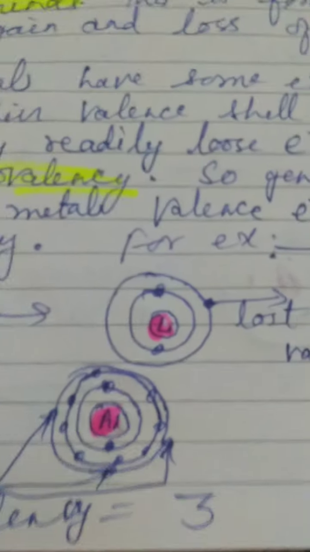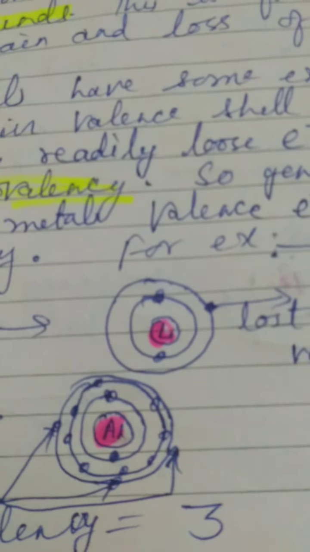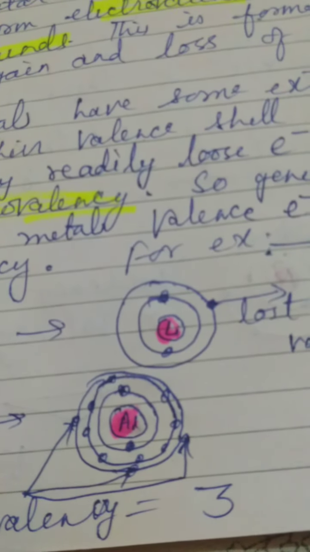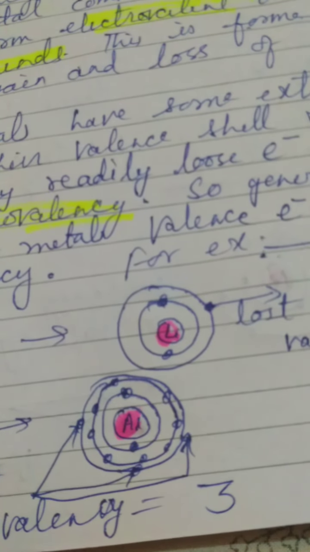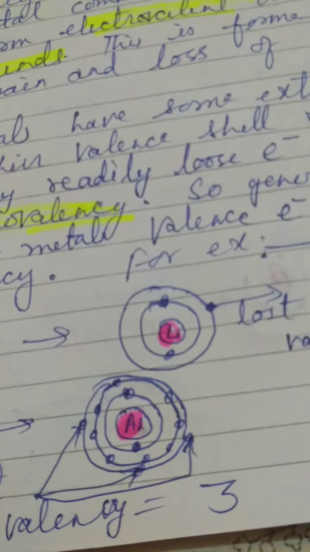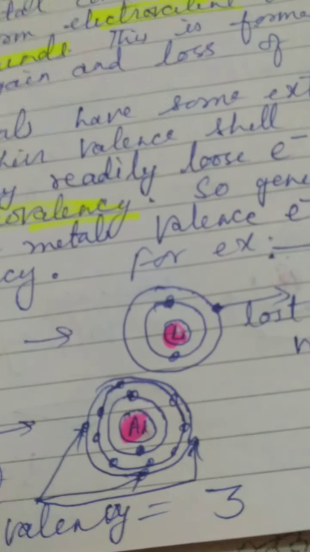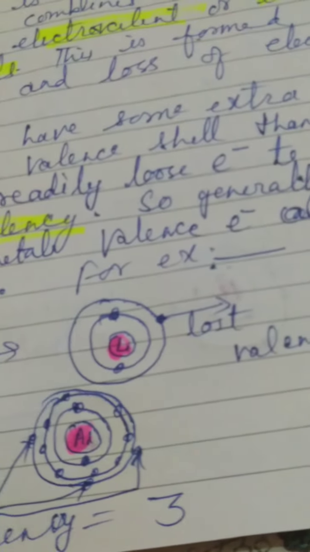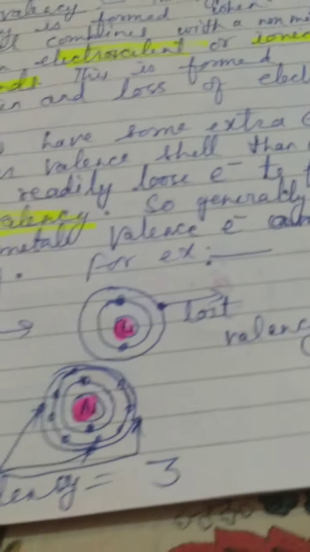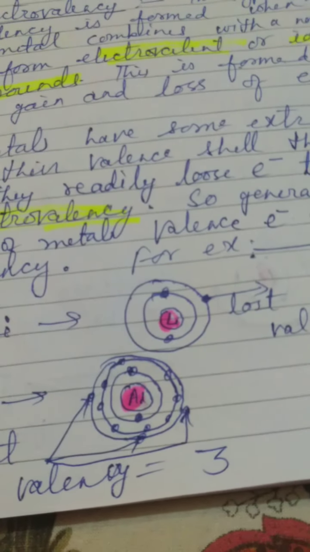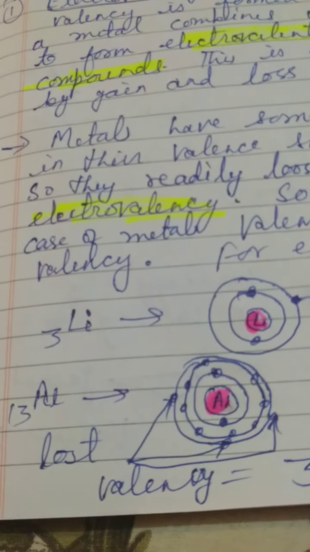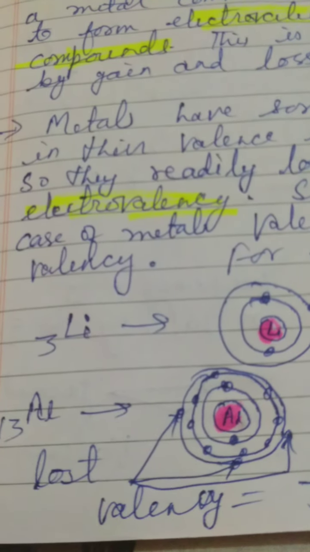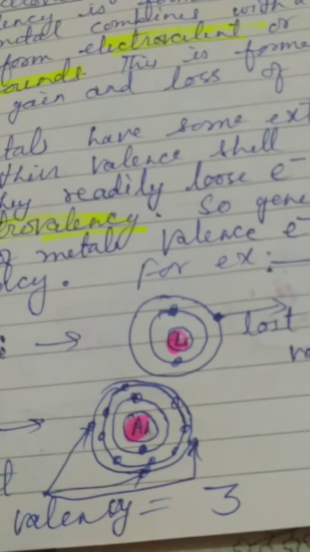Metals readily lose their valence electron because these valence electrons are more than their duplet or octet, which is the stability hindrance, जिसकी वजह से stability में problem आ रही है. hindering electron भी इसको कहते हैं. तो this outermost electron or valence electron will be lost by the metal and reactive metal will lose it very fast, very readily. Like I have given you the example of lithium which has 3 atomic number, 2 in the